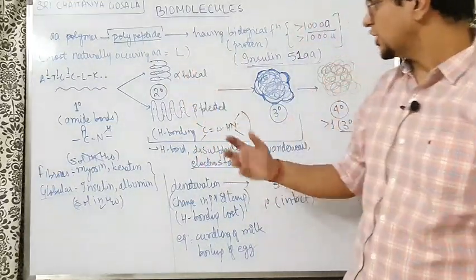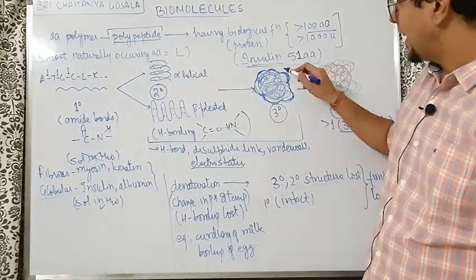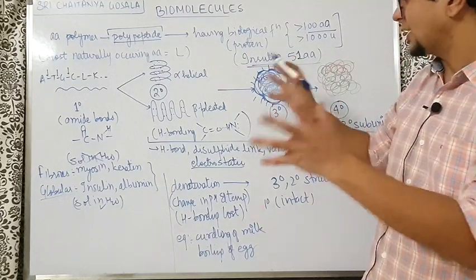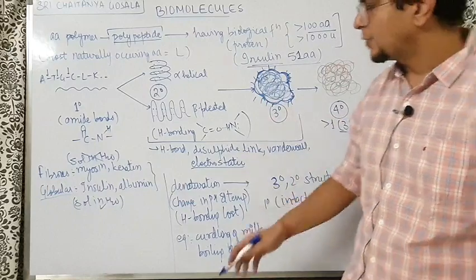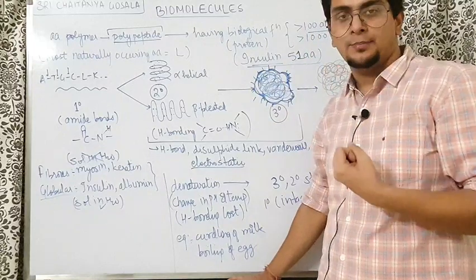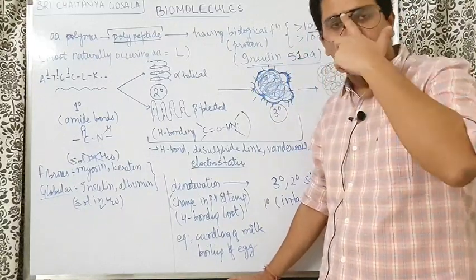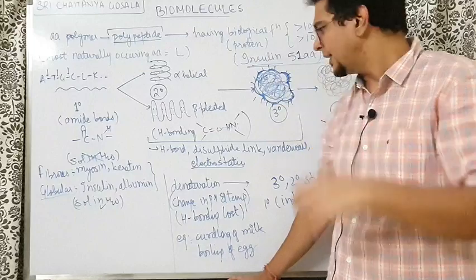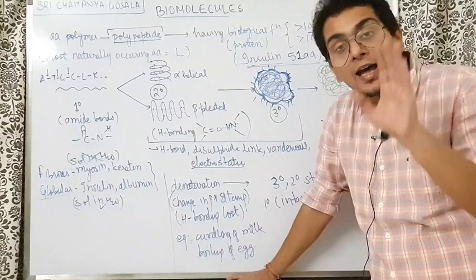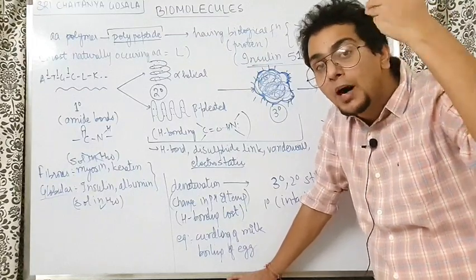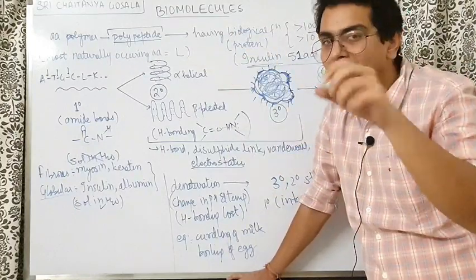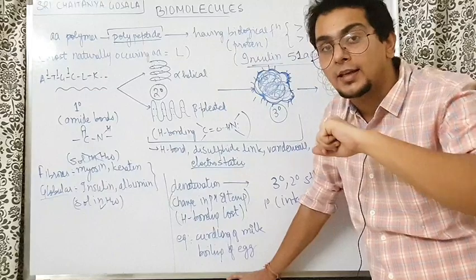When the alpha helical structure is exposed in such a way that only the hydrophilic groups are projecting outwards and all the hydrophobic, or water hating, groups are hidden inside, proteins like insulin and albumin become soluble in water, and these are known as globular proteins. Their shape is also a little bit spherical. Why? Because a spherical shape has the minimum surface area. Less surface area means I have to project fewer hydrophilic groups outward. If the surface area is more, I have to arrange more hydrophilic groups, and understand, I have very few hydrophilic groups. I have only 5 acidic and basic groups.